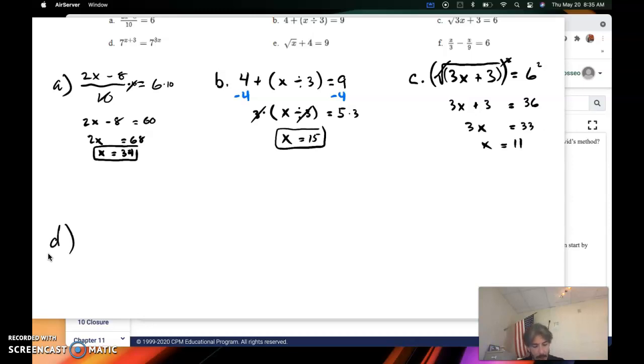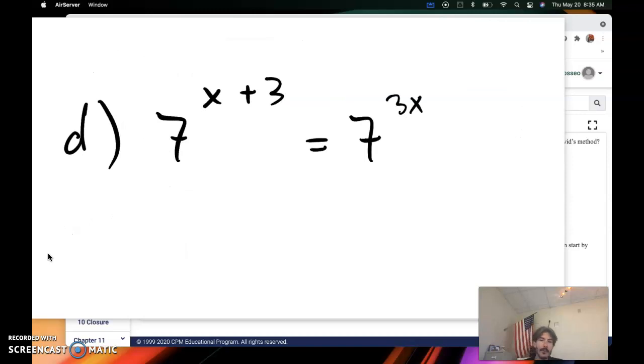I'm just going to keep going. Just try to give you guys experience. We saw a problem like letter D in a prior video where we've got the same base for each exponent, right? Because my variable is in the exponent here. So what can I do? I can go ahead and cancel those bases. And the reason we can do that is because of this idea that's coming in a future course called a logarithm. All right? And by doing so, I can then say, okay, x plus 3 equals 3x,